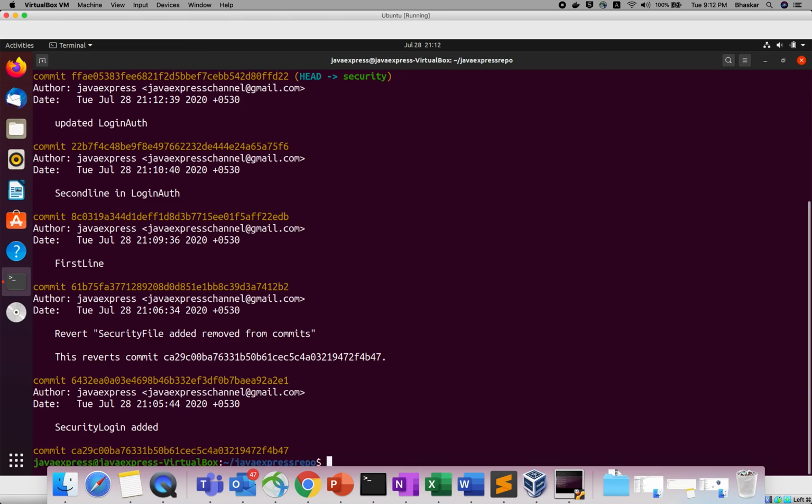I hope you guys followed this revert command. We'll see how we need to use detached head. There is a small concept there, so you can go back to old commits and create new branches. We can do a lot of things in the next tutorial. We'll see. Thank you guys.